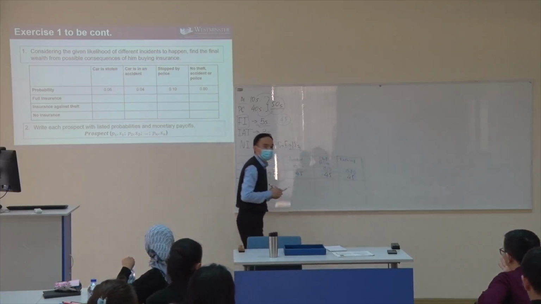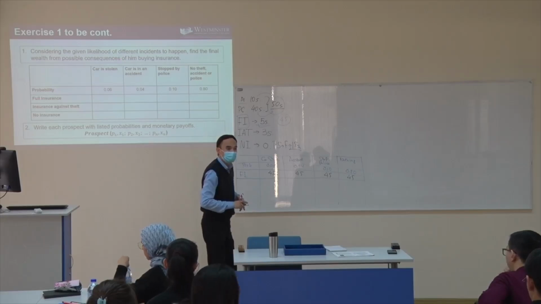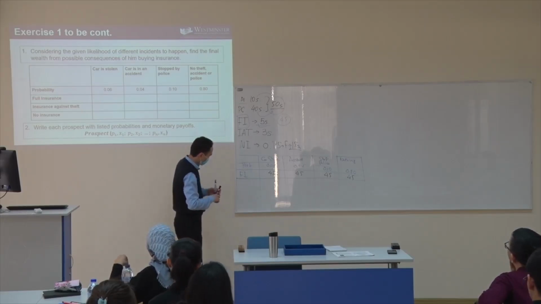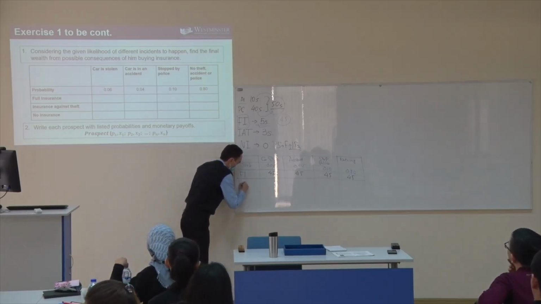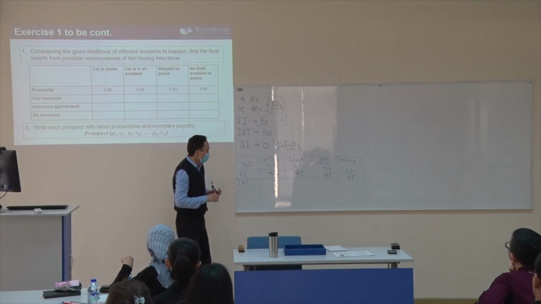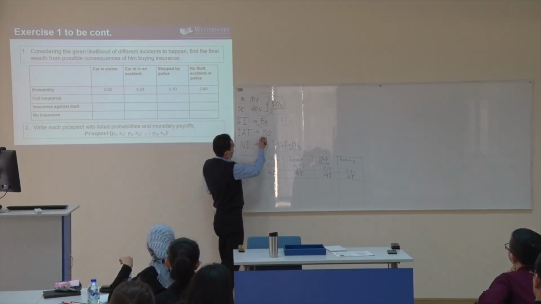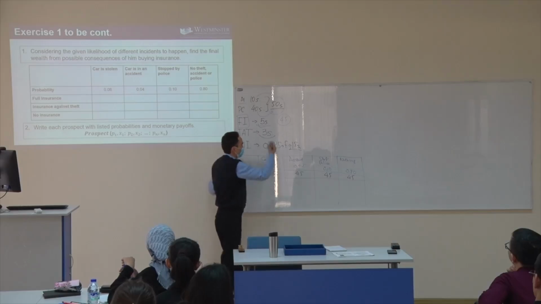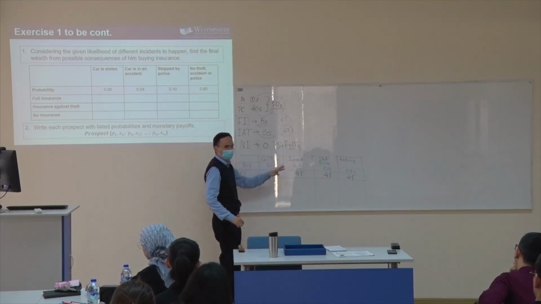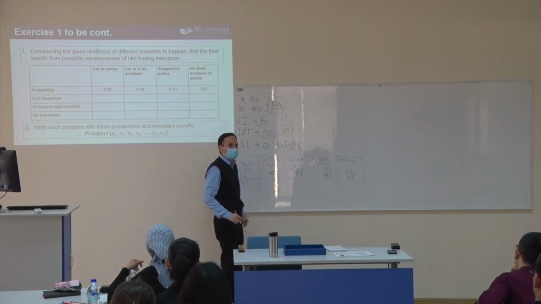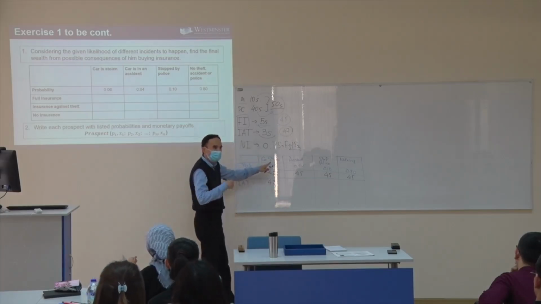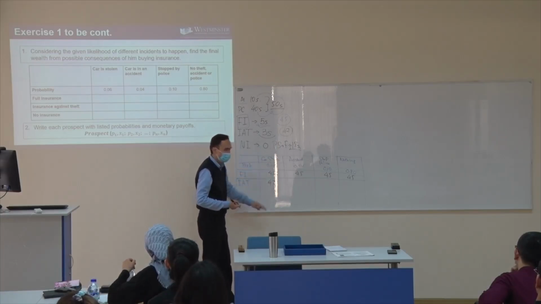I have a question. 45 means here 40 is the price of the car and 5 is the... Yes, what I have left in my pocket. Okay? Good. Next one is insurance against theft. Suppose for insurance against theft I paid 3 sums. How much do I have left? 47. And it happened that my car was stolen. I will have 47, because it is against theft, so insurance will cover it.